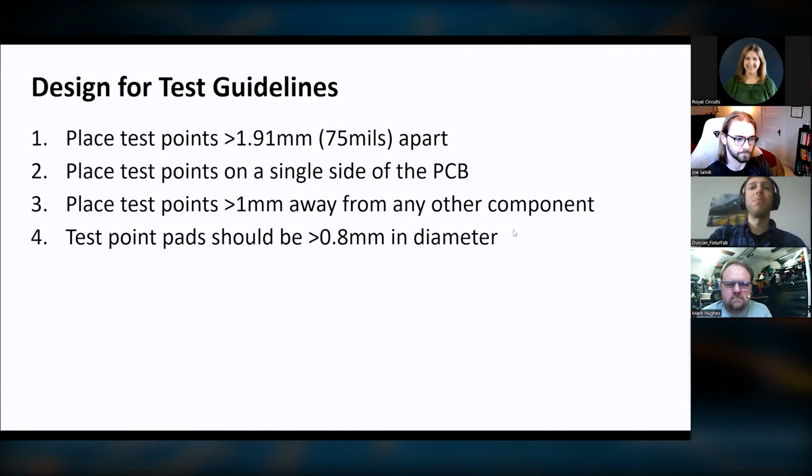Place your test points a millimeter away from any other component. So this is a millimeter from the edge of the test pad. And this just makes it so that if you're using a kind of spear tip probe or something like that, it's not likely to deflect and hit the side of a resistor or something like that, which could cause false failures. And then